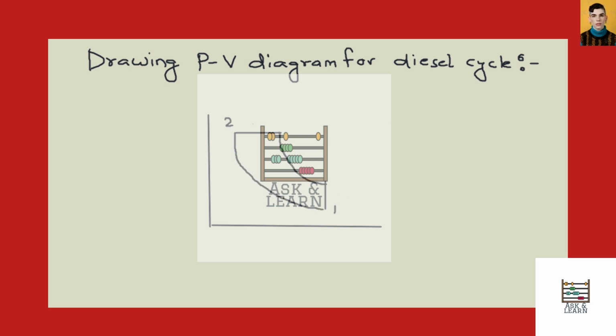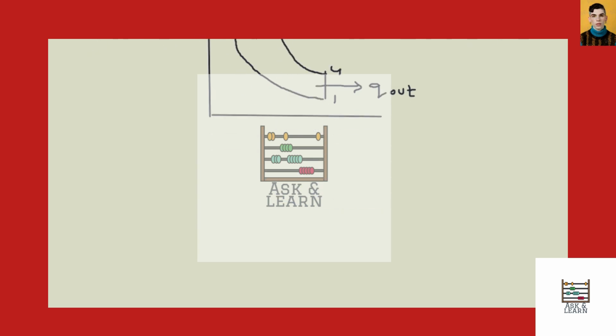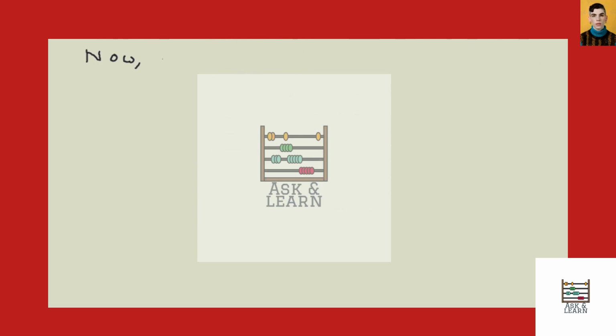So here it is 1, 2, 3 and 4. This is process. Here it is Q out and here it is Q in. This is P and this is V. Now going forward we can write